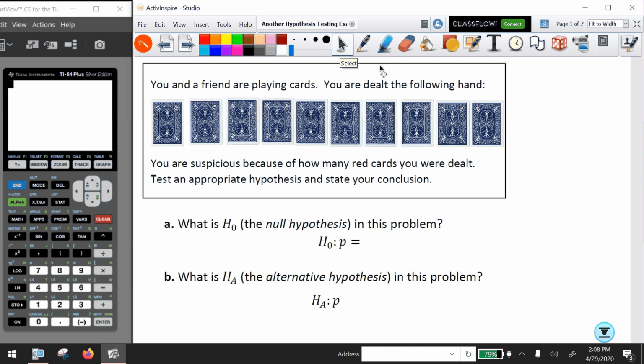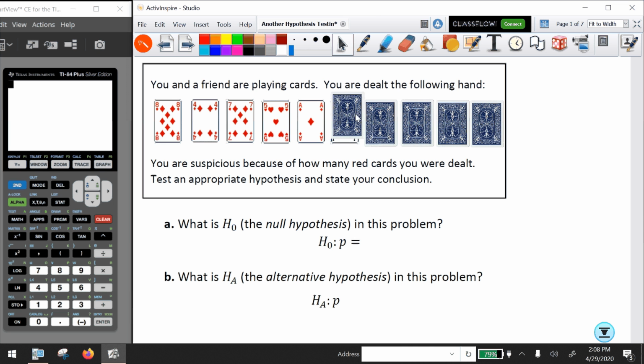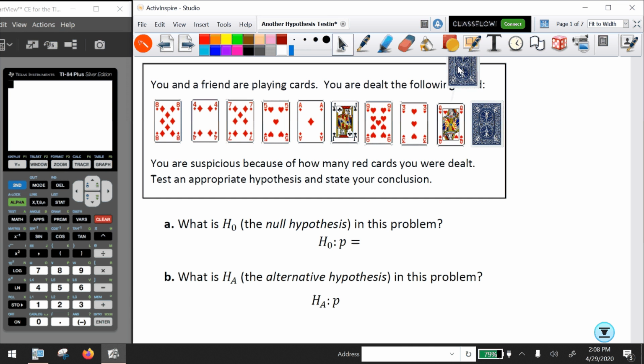So imagine that you're playing cards with your friend and you were dealt a hand of 10 playing cards. And you start to look at your cards. We're just going to start revealing them. You might start to wonder, is this a regular deck of playing cards? All these cards are red, right? Alright, this one's not red, but let's see. Alright, so out of this hand of 10 playing cards, 9 of them were red and only 1 of them